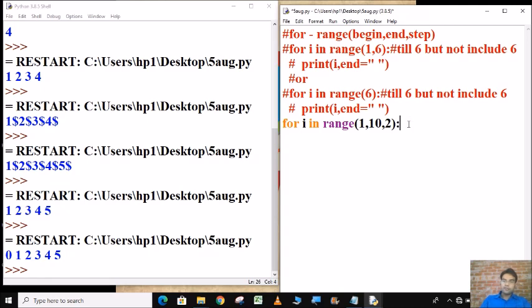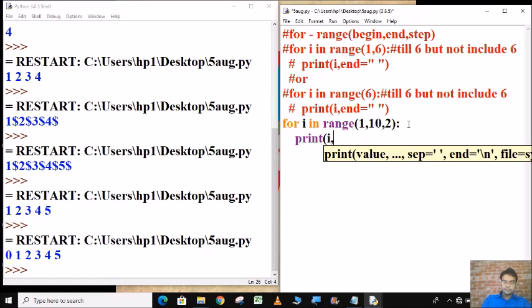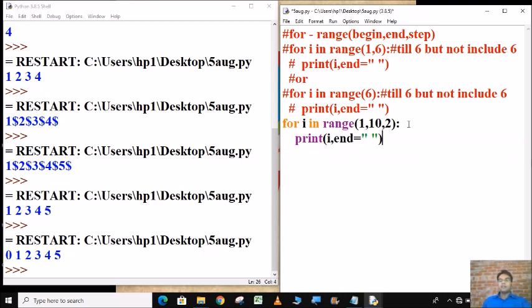Now, the meaning of step is the same as the meaning of the end value: till 2 but not including 2. By default it prints in a difference of 1.